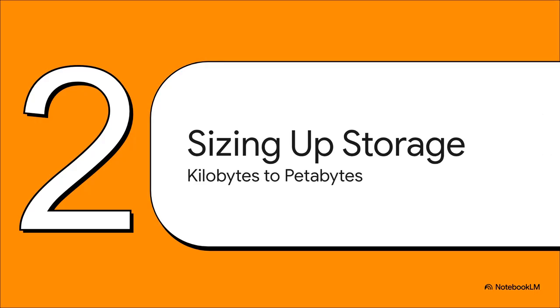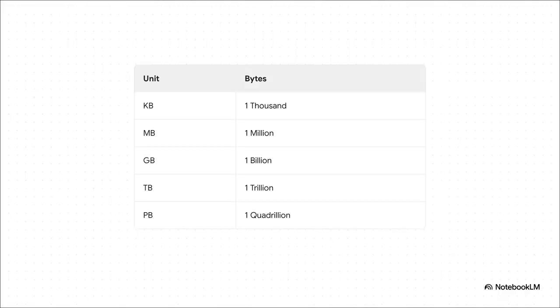Moving along to Section 2. Sizing up storage. Scaling from kilobytes to petabytes. As our files get bigger, we start using standard multipliers. A kilobyte, or KB, is roughly 1,000 bytes. A megabyte is 1 million bytes. A gigabyte is 1 billion bytes. A terabyte is 1 trillion bytes. And if you're dealing with massive enterprise servers or huge cloud data centers, you might even deal in petabytes, which